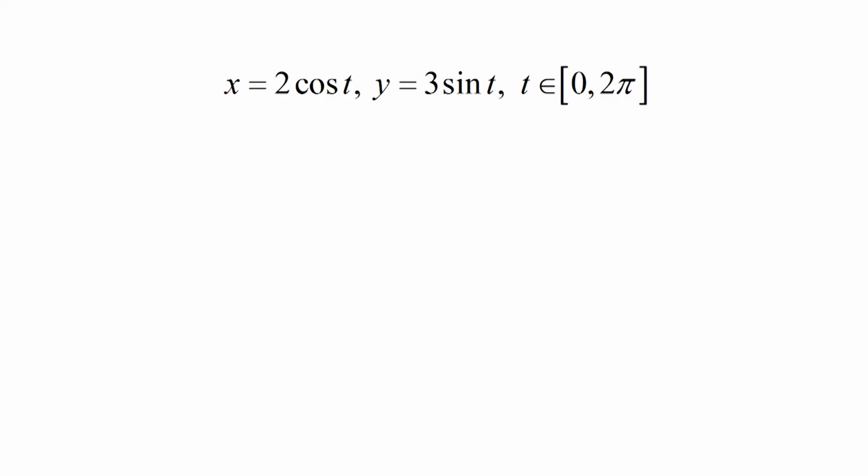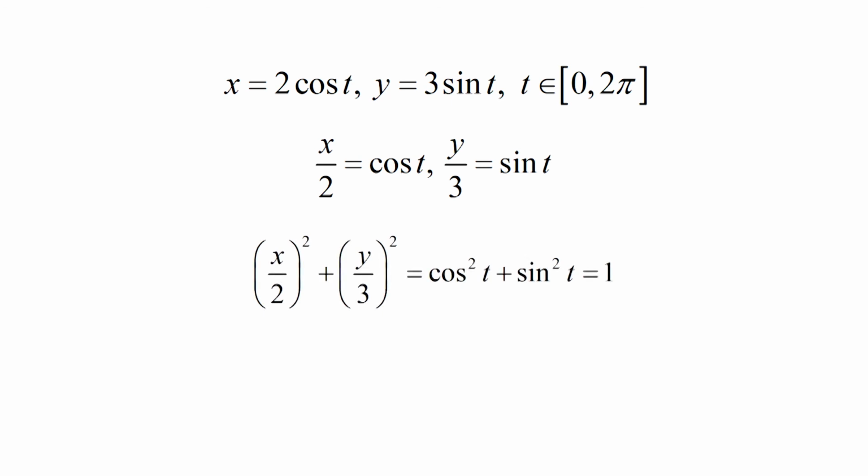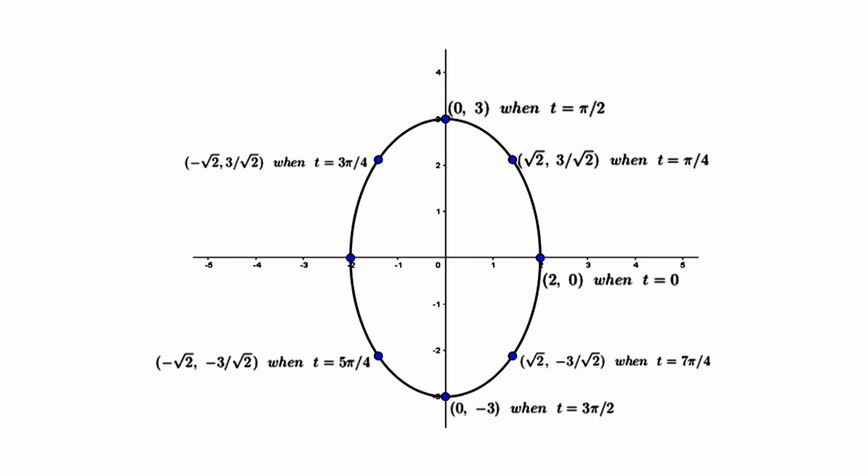From the parametric representation, x = 2 cos t and y = 3 sin t, where t varies over the closed interval [0, 2π], we get x/2 = cos t, y/3 = sin t, and hence (x/2)² + (y/3)² = cos² t + sin² t, which is equal to 1. Now, x²/2² + y²/3² = 1 represents the ellipse centered at the origin and extending between -2 and 2 on the x-axis and between -3 and 3